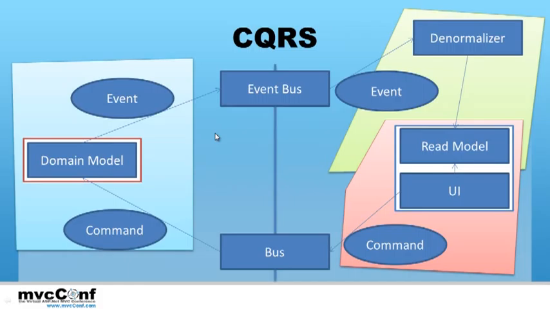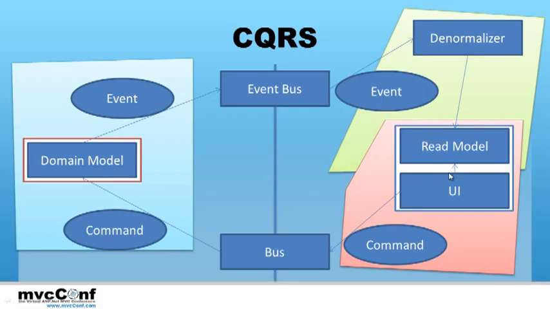CQRS stands for Command Query Responsibility Segregation, and this is a typical architectural diagram of a CQRS-based application. As you can see, the line down the middle separates the application into two distinct segments. The side on the left is used for writes or updates, and the side on the right is used for reads or queries. The user interface queries a denormalized data store for the exact data it needs to display stuff